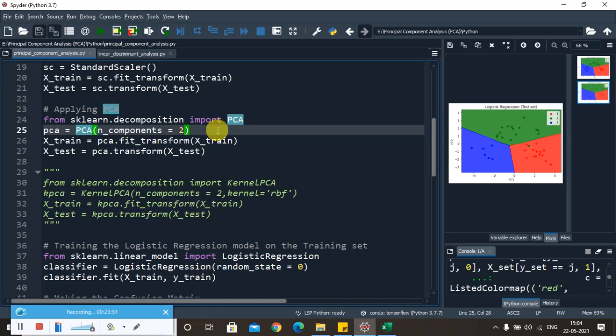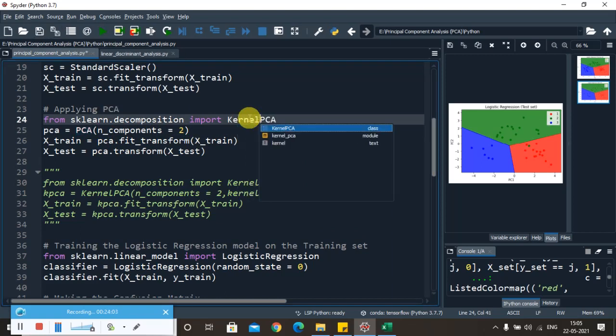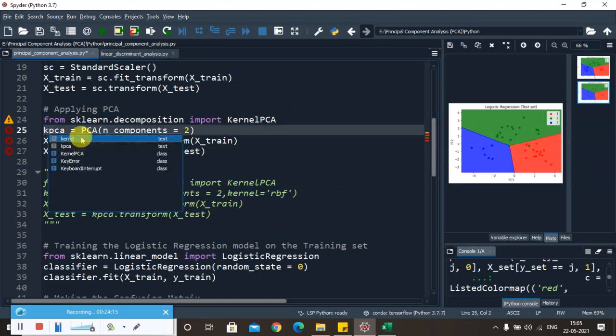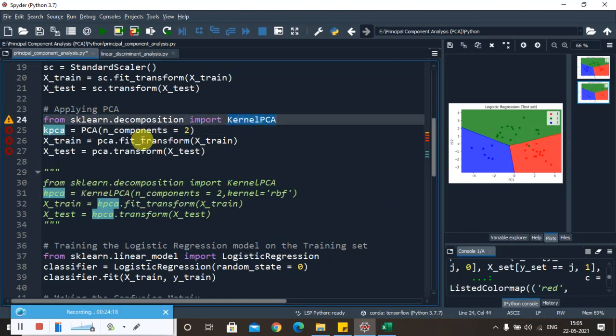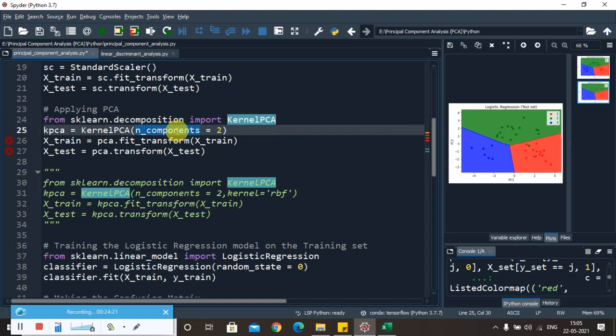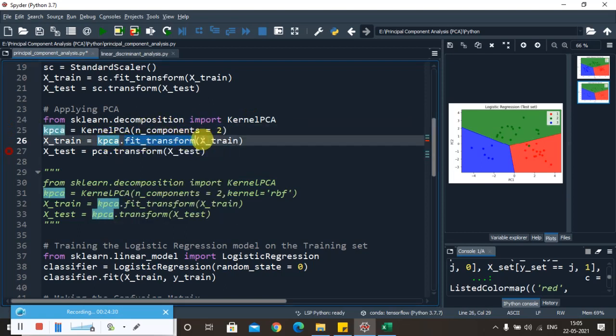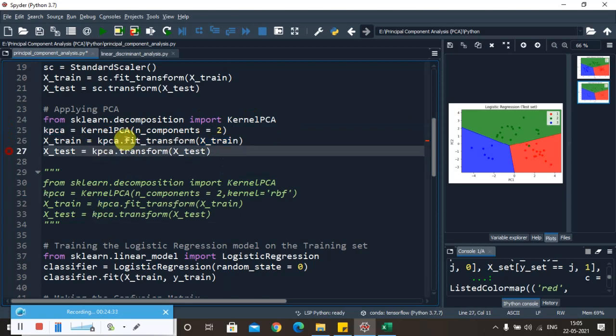So what we do is convert this into kernel PCA. To do that, instead of PCA I need to write kernel PCA here. This is the class we are going to call. Of course, we can also change the name of this variable to KPCA and create an instance of this class. We'll keep the same final features, only 2, and through this object KPCA we are going to fit and transform the training set, and keep the same for the transformation as well.